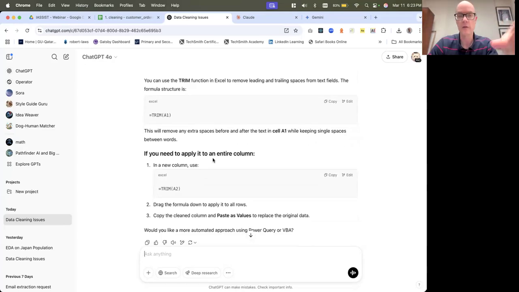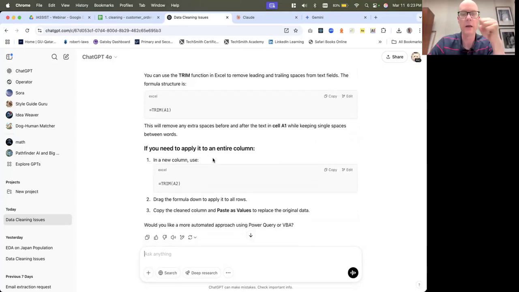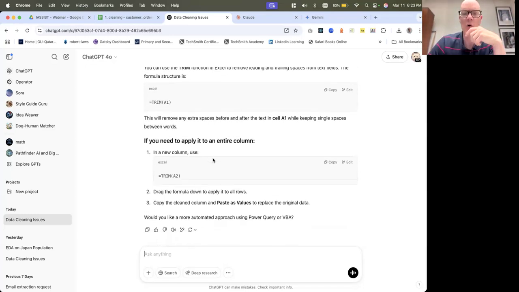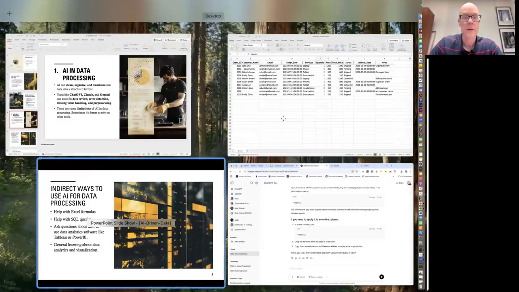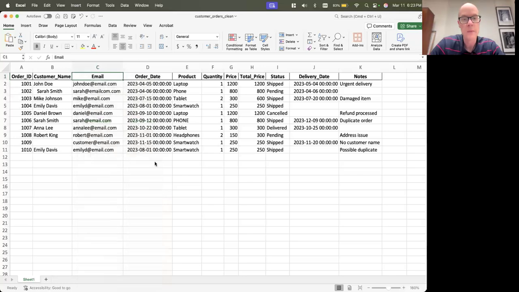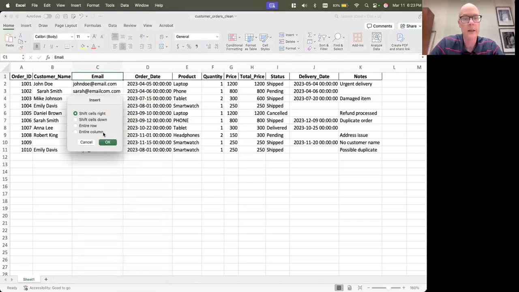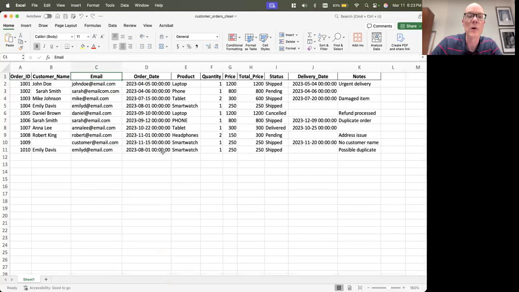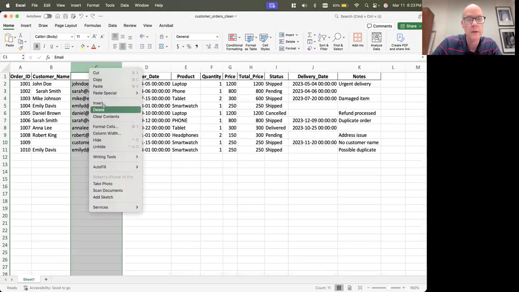And AI is really good at this. Hopefully you're using this approach to AI already, since it's hard to remember all the formulas. But I often come here just because I know I can quickly get the formula syntax I need, then I can come back. And again, the way that you would do this is you would add a new column here. Okay, and there we go. Sorry, grabbed the wrong thing there. That's what I meant. Insert.